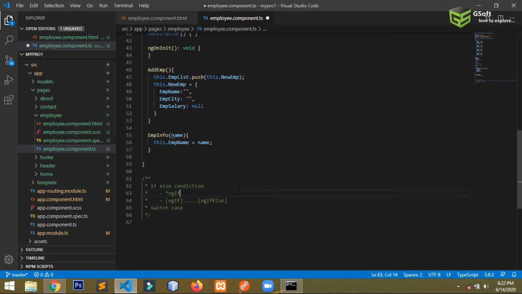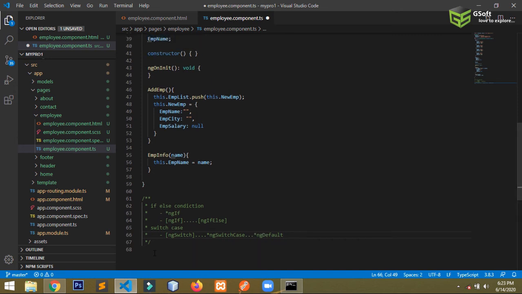And in switch case we have got only one kind we will be using: ng switch. Here we have ng switch, then we use ng switch case, and then we use ng switch default. Okay guys, so let's start with the code. This was just an overview of the logic part. So let me show you now.